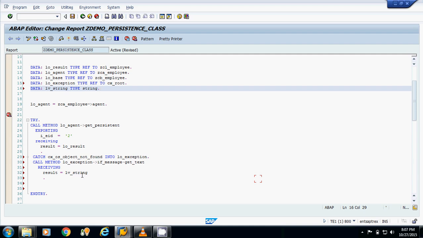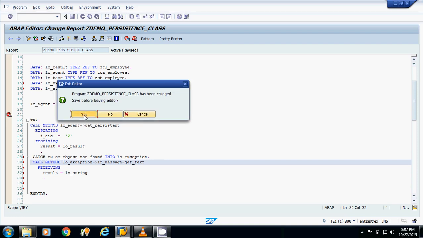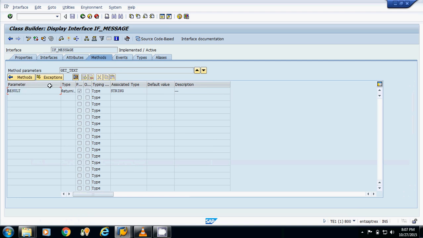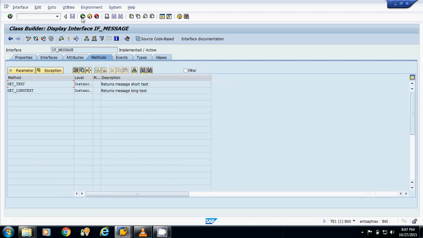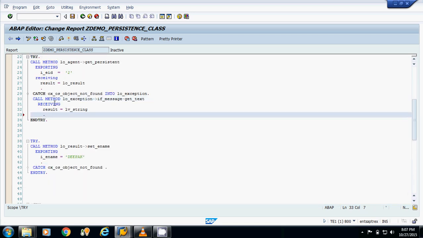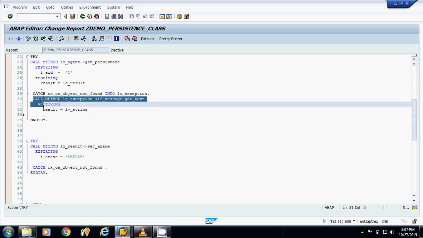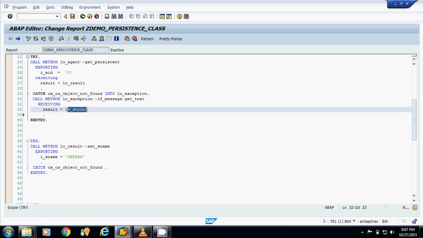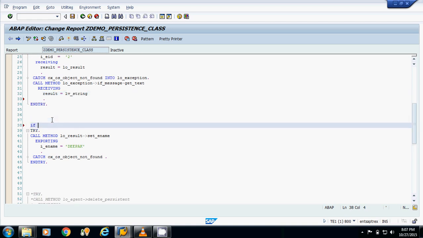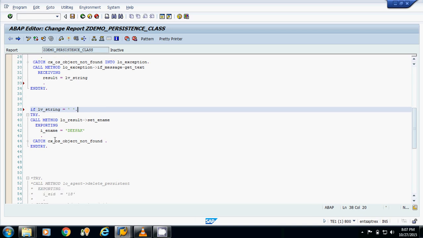Now how do I come to know that LV_string is of type string? I will double click on the method get_text. In this I have the parameter result, which is of type string. Now if there is an error, it will go to the catch block and LV_string will give you some message. So I will check with the condition: if LV_string is equal to space, only in that case I will set the name to Deepak.